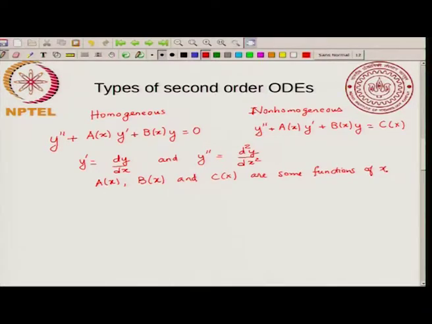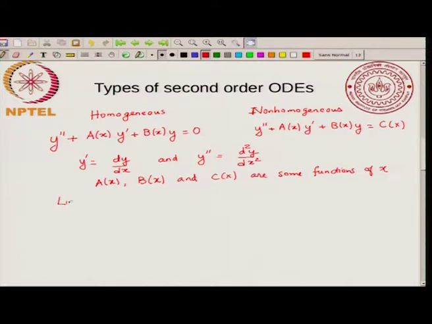So, any differential equation that has this form, where you can write y double prime plus some function of x times y prime plus some function of x times y equal to 0, is called a homogeneous equation. The reason it is called homogeneous is because each term has y or any of its derivatives up to power 1. So, this has the second derivative up to power 1, this has the first derivative up to power 1, this has the 0th derivative or y up to power 1. So, the power of y or any of its derivative is the same for each of the terms. Therefore, it is called a homogeneous equation, and in particular this type of equation is called a